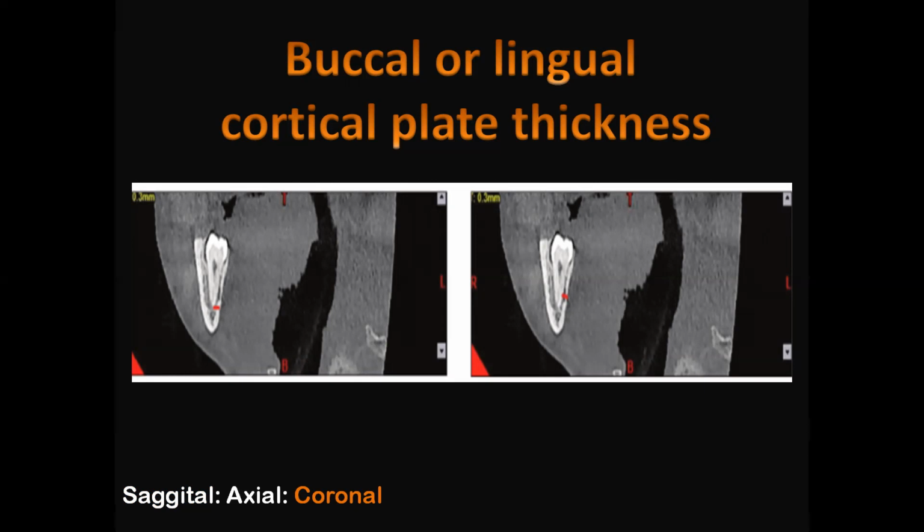Sometimes, if the root is inclined toward the lingual side and the lingual cortical plate is very thin and we put up the pressure, most of the time the lingual cortical plate might fracture, and in case of mishaps, the tooth might drop into the facial spaces. Second, sometimes we extract the teeth, we don't realize, and we leave a small piece of cortical plate fractured over there, and the patient will keep on complaining that something keeps pinching, because you never realized there is a lingual cortical plate which is fractured.